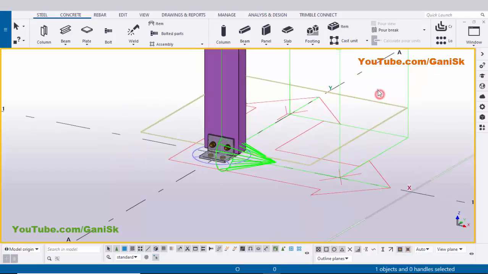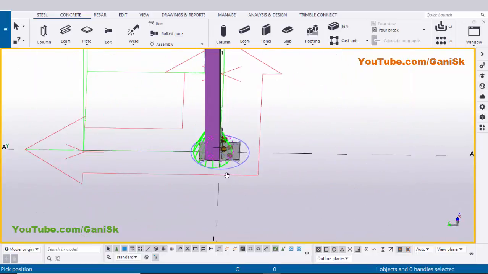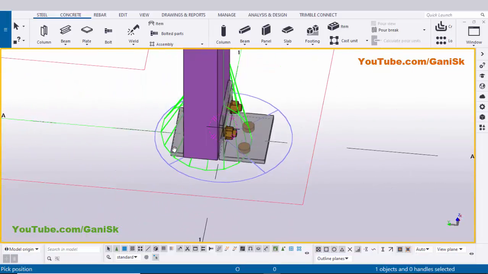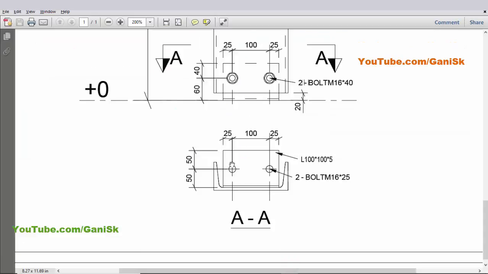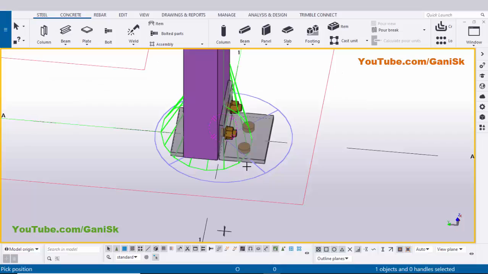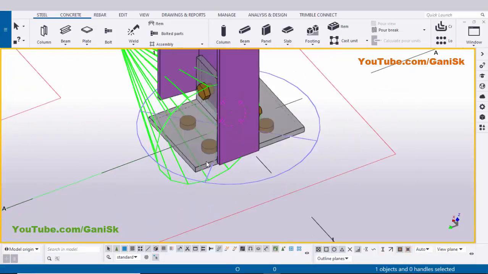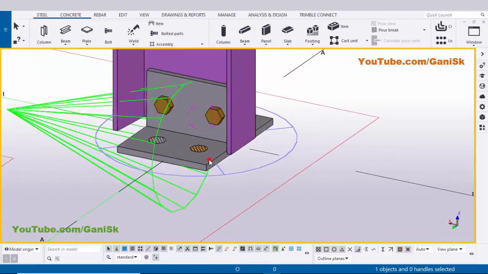Now close the window here, right click on mouse to interrupt. Now click on space, right click on mouse, rotate view. Use the shortcut Control R and pick the rotation point here and use the left mouse key to rotate like this. Okay, by default we have two angles on this side and other side, but in our example we have only one angle, only one side inside of this channel. So now we're going to edit this base plate. Before that, use the shortcut Shift 4 for shaded view to render view like this. Now double click on this base plate.